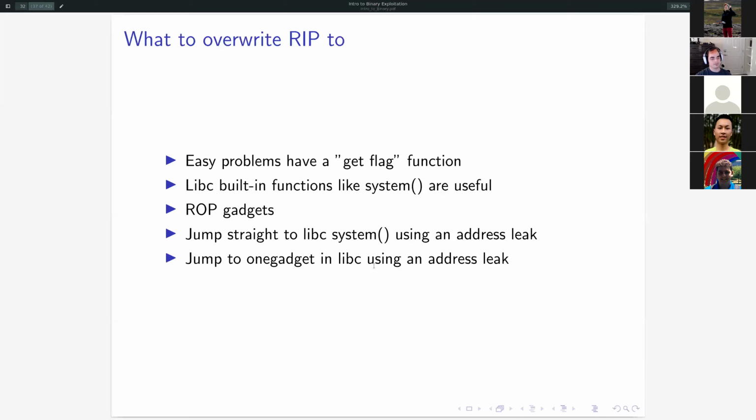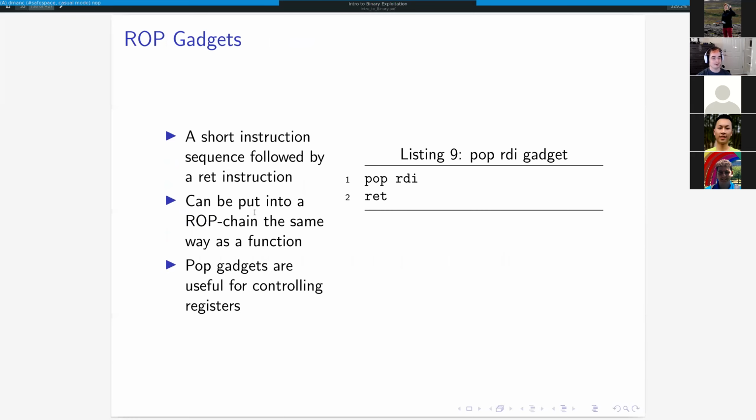But okay, so you may be now wondering what the heck is a ROP gadget? Why did he just put that on there and then not explain what they are at all? So I will do that now. A ROP gadget is just a short instruction sequence followed by a ret instruction. You can think about this as a really small function, like a one instruction function. They can be put in a ROP chain the same way that functions would be put in a ROP